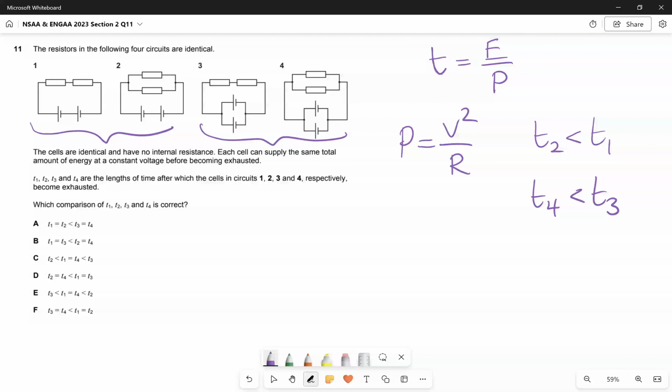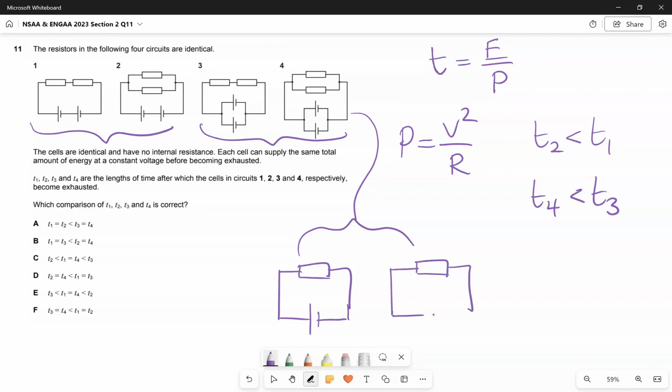Well, the first thing I'd notice is that 4 and 1 might actually be quite similar, and we can explain that in this way: 4, if you could separate it, it's like it has one cell to each resistor. So 4 you could break down into a resistor, and then this cell, and then this one has its resistor,